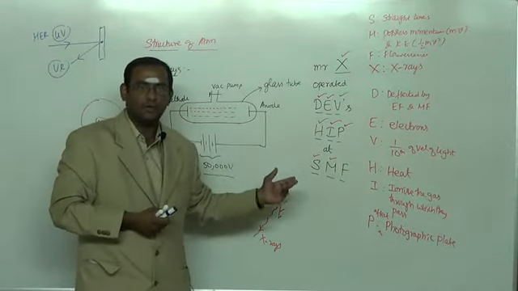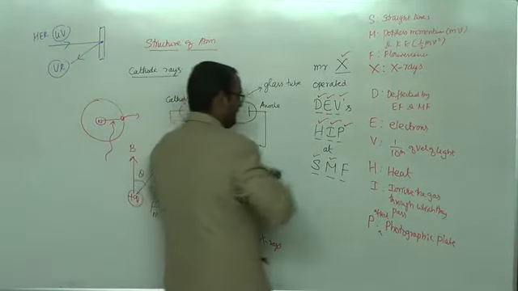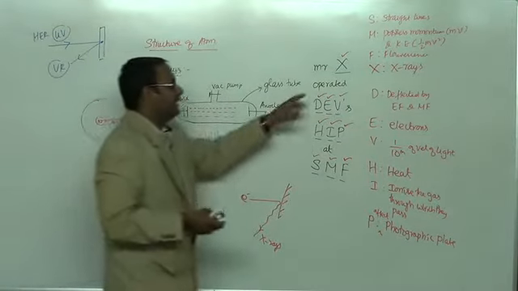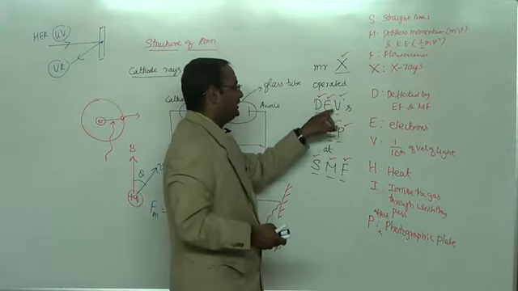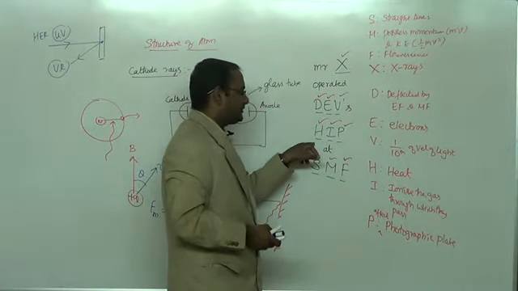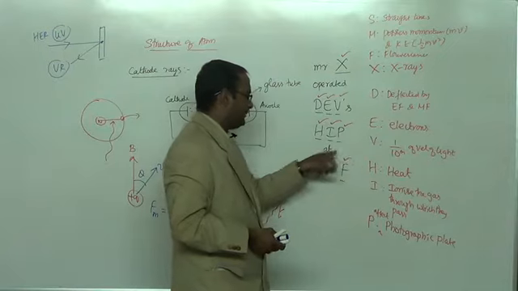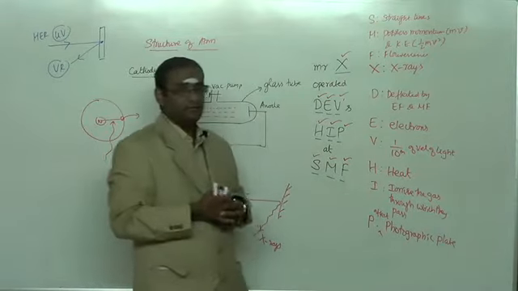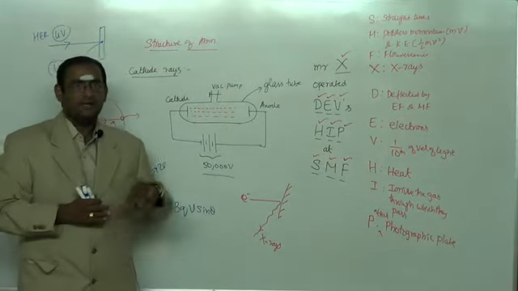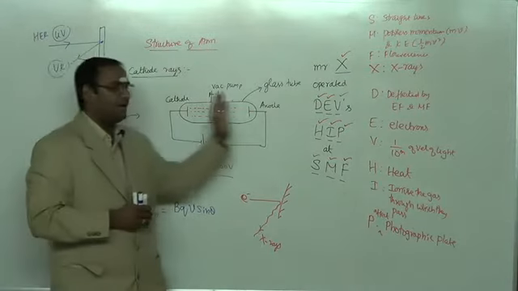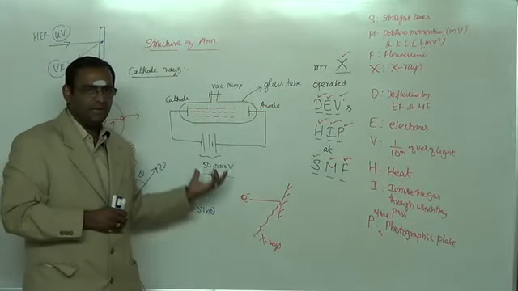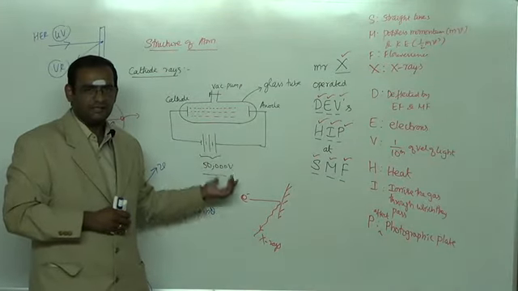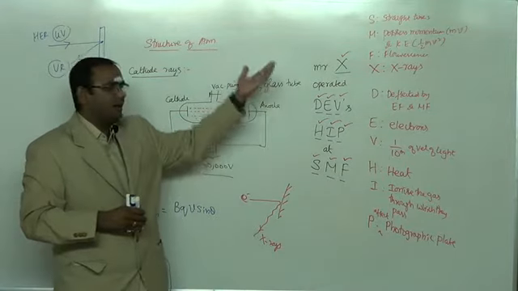Cathode rays also produce fluorescence. Of course, we have completed all the properties of cathode rays. Now, in a nutshell, I will recollect all the properties. X for X-rays, D for deflection, E for electron, V for velocity, H for heat, I for ionization, P for photographic plate, S for they travel in straight line, M they do have momentum and kinetic energy, F they do produce fluorescence. Cathode rays are nothing but a stream of particles traveling from cathode to anode when a high potential is applied inside a system having very low pressure, and the corresponding characteristic features of cathode rays are given here.